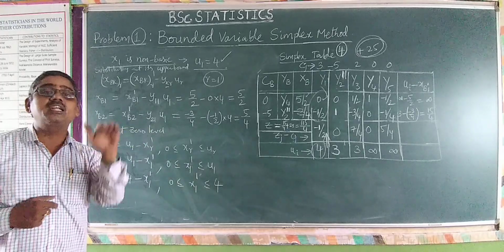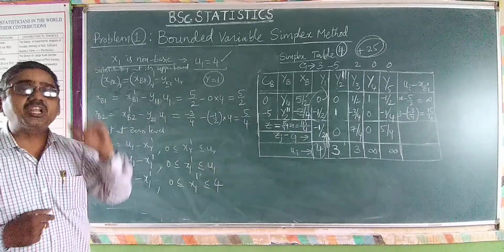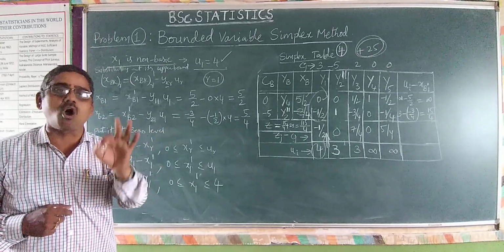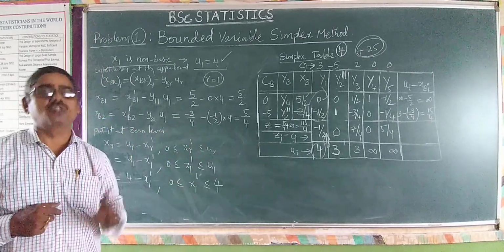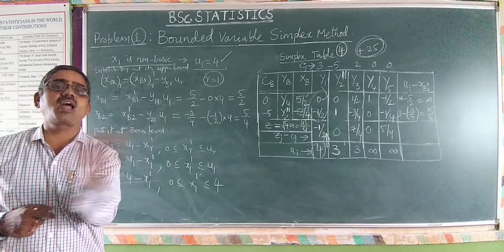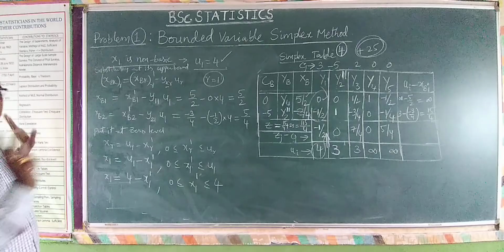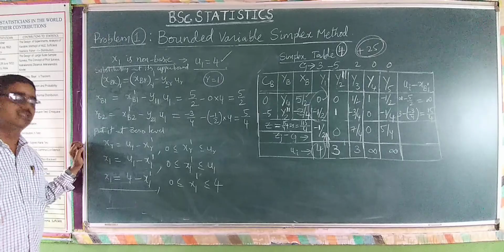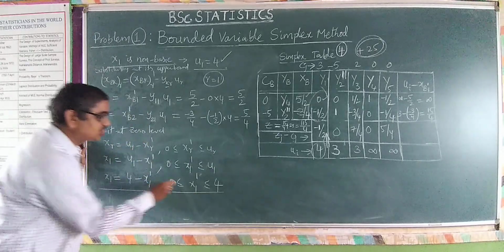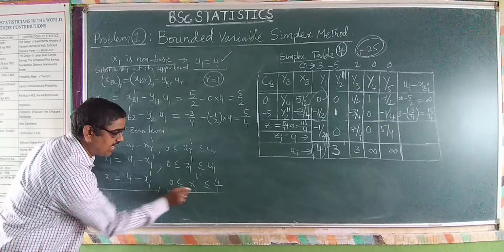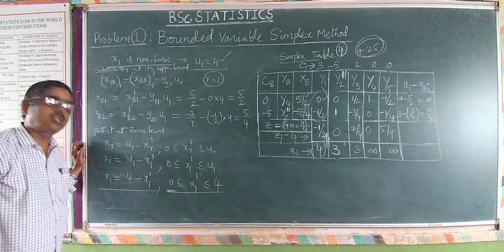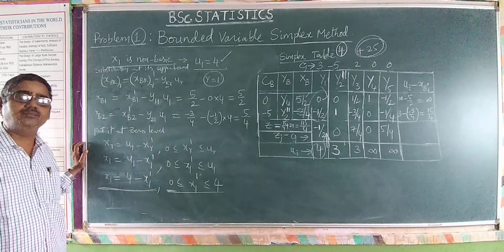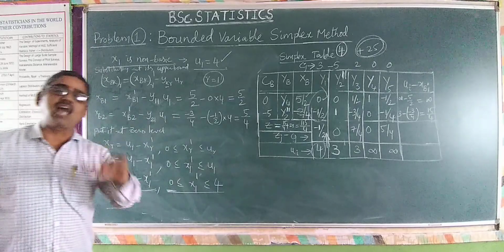In the bounded variable technique, whenever a particular variable has a positive lower bound, for example 2, then you have to put it at 0 level. You have to subtract from 2 like that. So that is the reason why it is done. Now we can easily identify that x1 is changed to 4 minus x1 dash, and the limits of x1 dash are 0 to 4. So it was put at 0 level. Right. So whenever x1 is changed to 4 minus x1 dash, now you have to calculate two particular things.